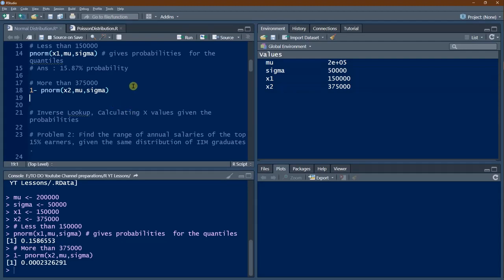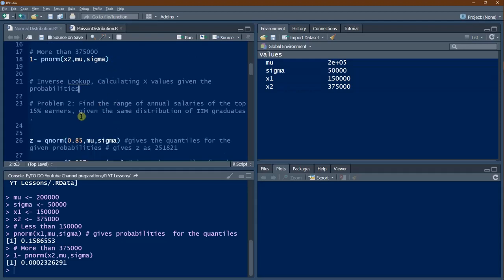Okay, we have got the quantiles, we got the probabilities. Suppose the probability is being given and we have to find out the values. That is problem number 2: find the range of annual salaries of the top 15% earners. Top 15% means we have to take the probability as 85% and then subtract. So we use qnorm, and the top 15% means 85% of the people,